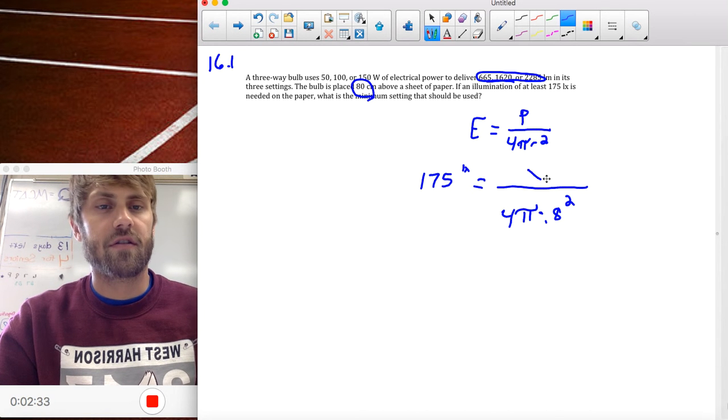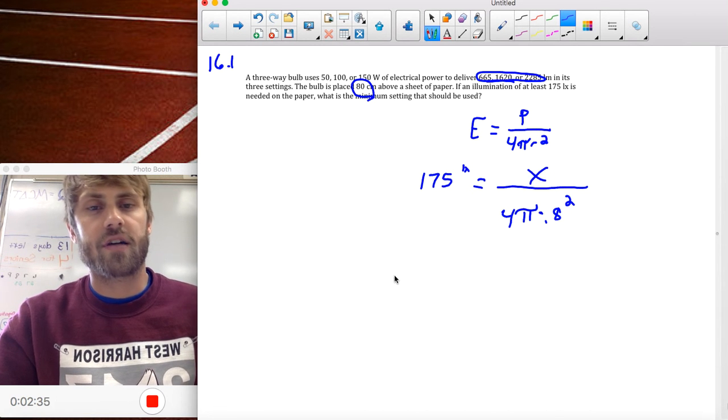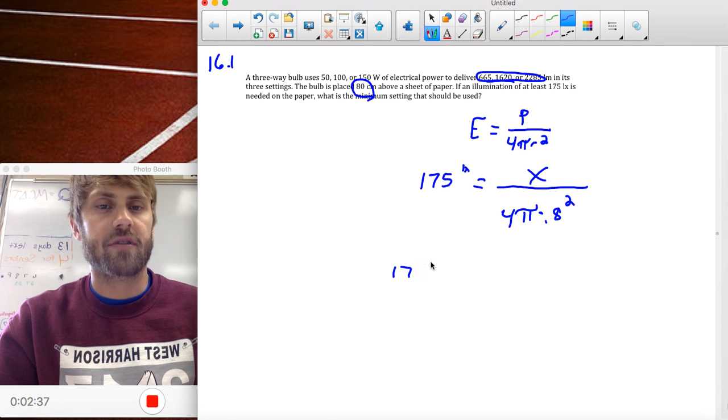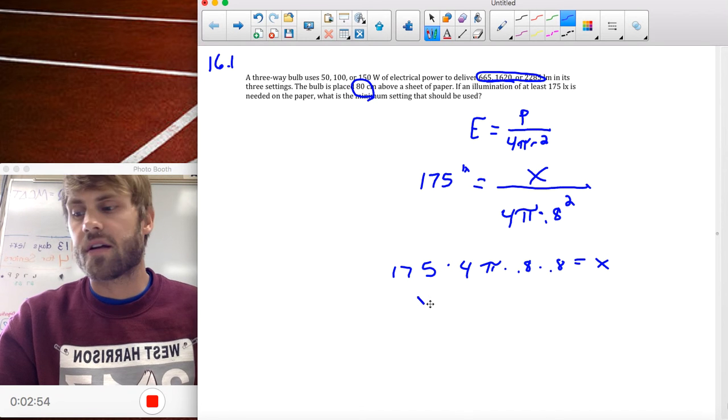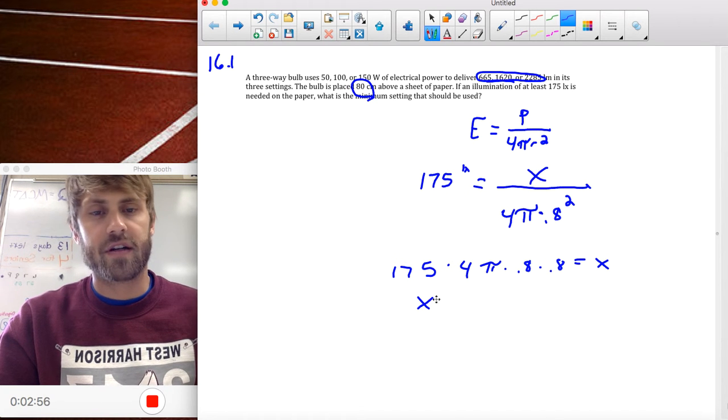So we're trying to solve for P up here. What I'm going to plug into my calculator is 175, and I'm going to multiply both sides by the bottom here. So 175 times 4 pi times 0.8 squared, or 0.8 times 0.8. And that is going to equal our x. And our x, I'm going to find out, is